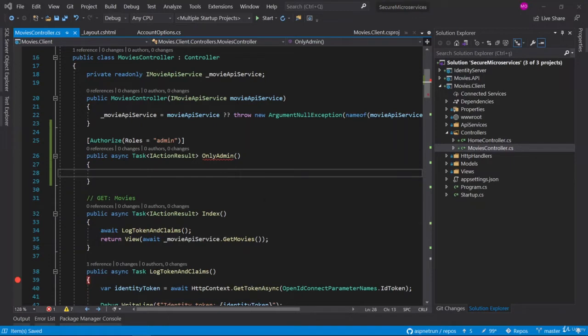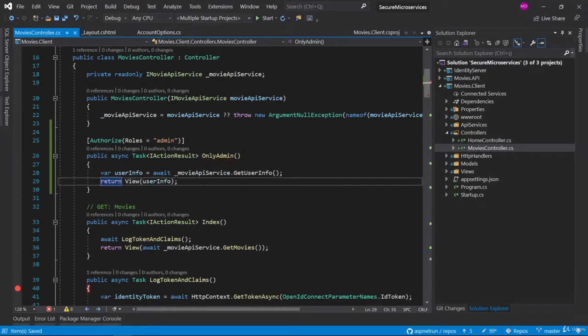We will get the user info. So how are we going to get the user info? Once we log in to the system, the token is taken from Identity Server 4, and we can reach the user info from Identity Server 4. So we will get the user information and claim information as key value pairs, and we will create a new HTML page, and we will represent the user information with the claim information on that page. So that's why let me implement some code.